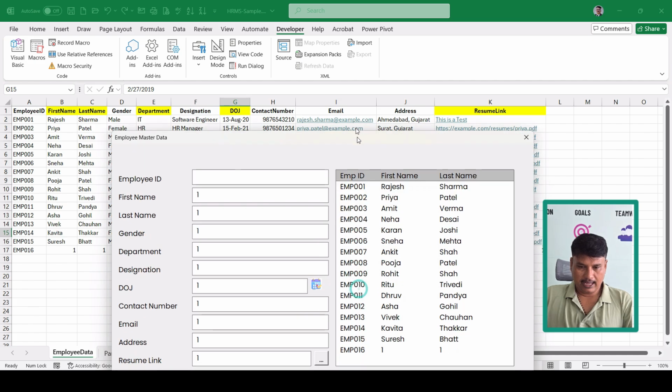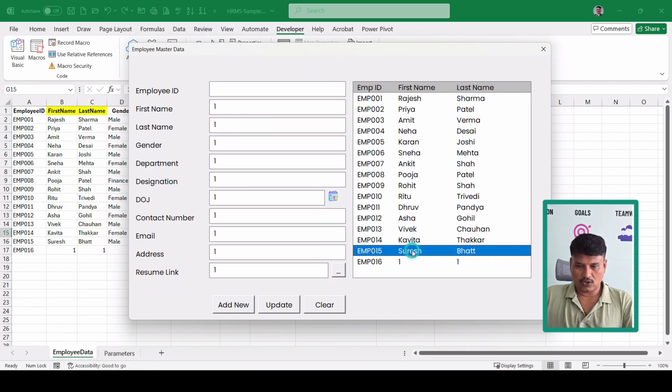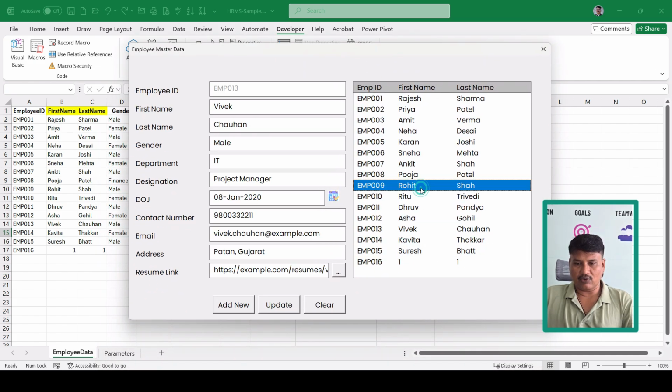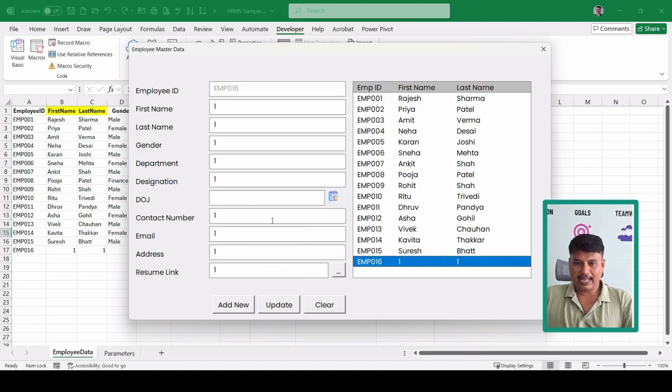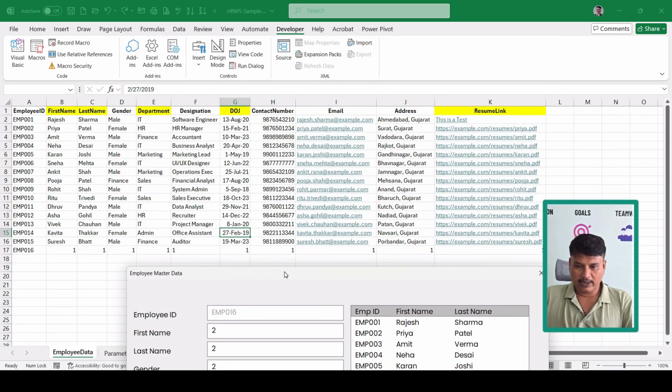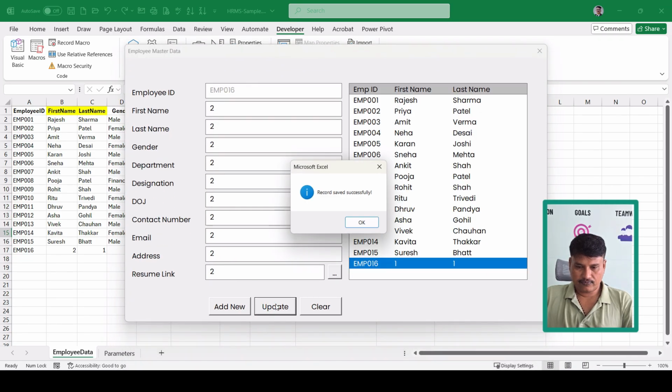I have the control also over here that if I double click on any of the rows, it will allow me to edit there. If I double click over here and just change the value 1 to 2,